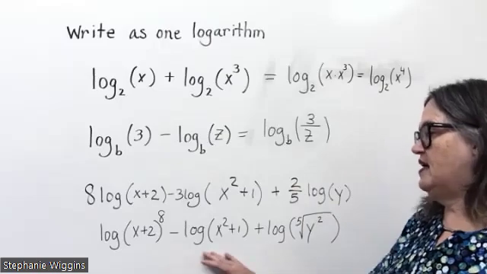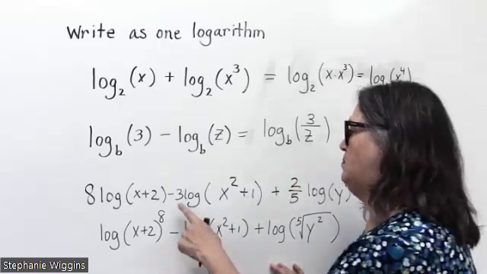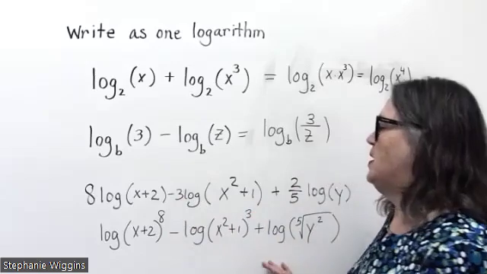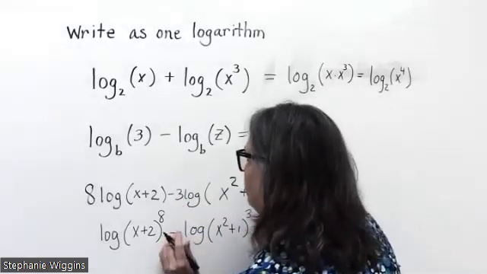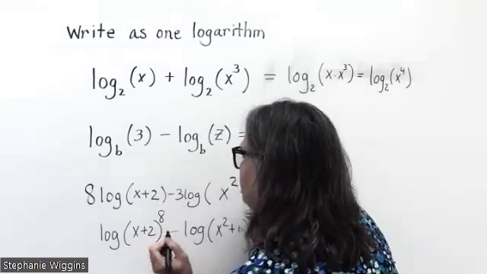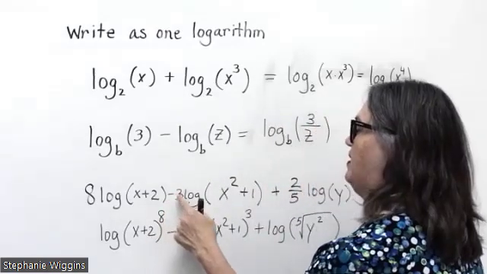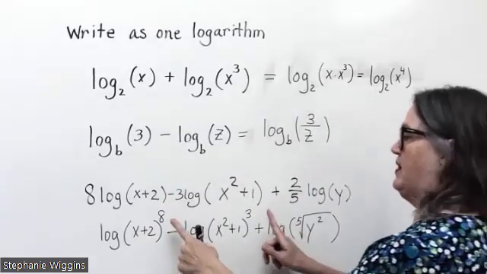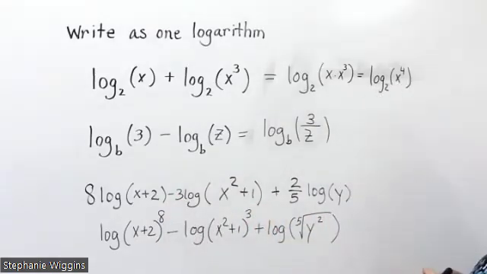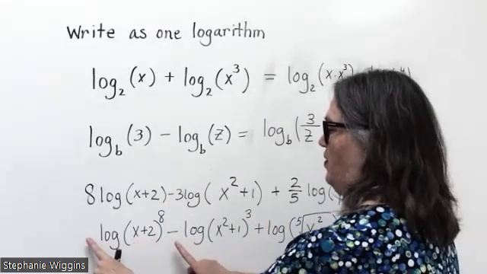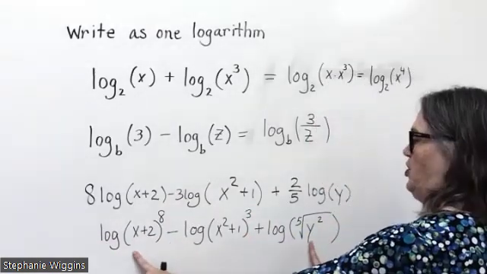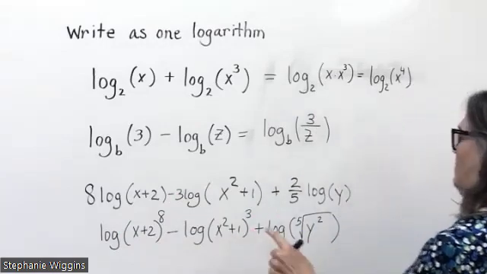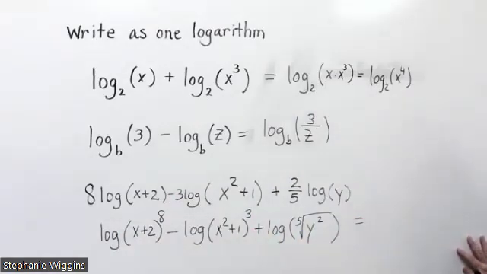Now that I've taken care of the exponents, I didn't put the 3 there. Okay, this 3 goes up. I didn't copy that correctly. All right, we have the negative and the 3 goes up. So now that I've got the exponents, then I'm going to go ahead and deal with the plus, minus, plus. So these two are going to go in the numerator, and this is going to go in the denominator. So we've got